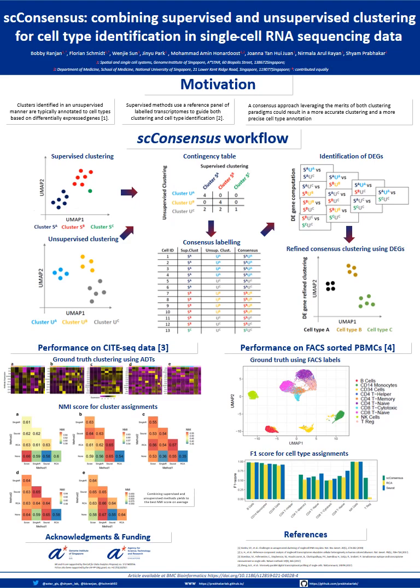Hi everyone, welcome to the poster scConsensus, combining supervised and unsupervised clustering for cell type identification in single-cell RNA sequencing data. My name is Florian, I am a postdoc at the Genome Institute of Singapore, and this is joint work with my colleague Bobby Ranjan. So when we cluster single-cell RNA sequencing data, we usually have the choice between unsupervised methods